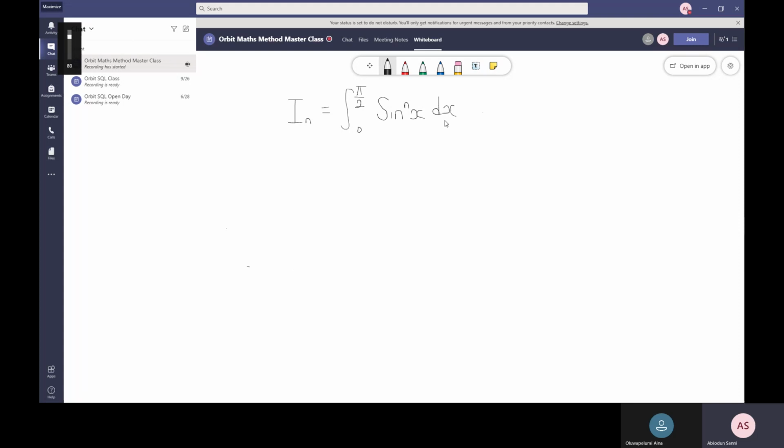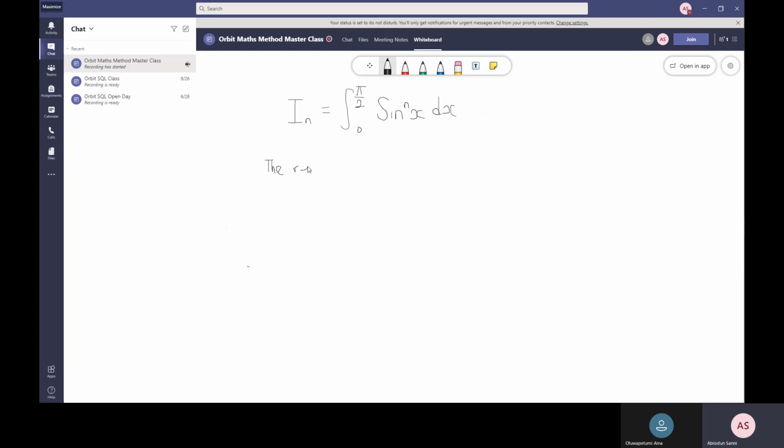So if you have an integral of this form, you are trying to find a value. This is a definite integral, so you're going to get a certain value by the time you apply the limits from 0 to pi over 2. Now, this is dependent on the reduction formula. So let's say the reduction formula for sine x to the power n. Without wasting our time, I don't need to do the reduction formula from scratch again.